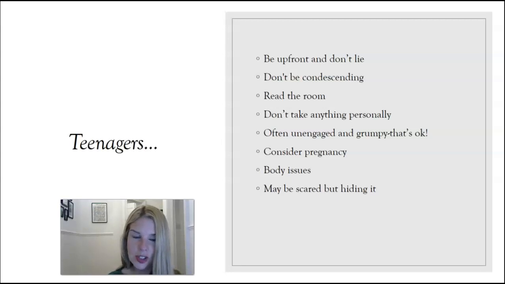So the best thing to do when they're teenagers is really to be upfront with them. Don't lie and don't be condescending. Treat them as they are, which really is young adults, when they get to kind of 13, 14, 15. Read the room. So if they're not in the mood to have any general chit chat, I would just crack on, because you do find with teenagers that they almost start to,